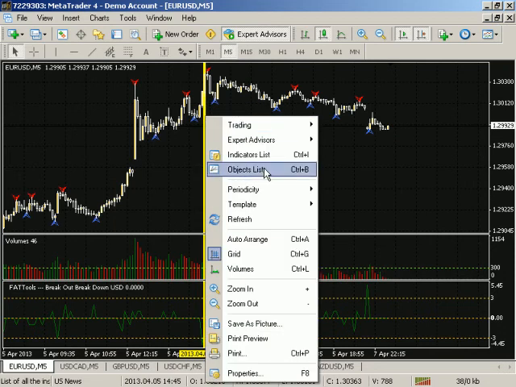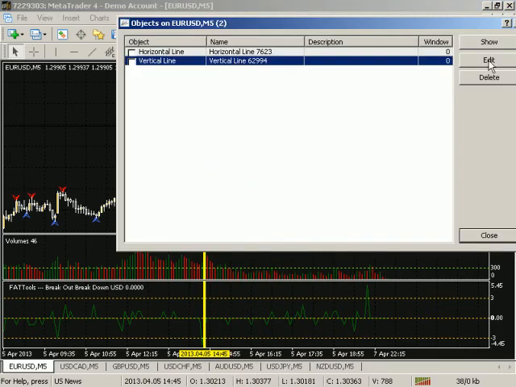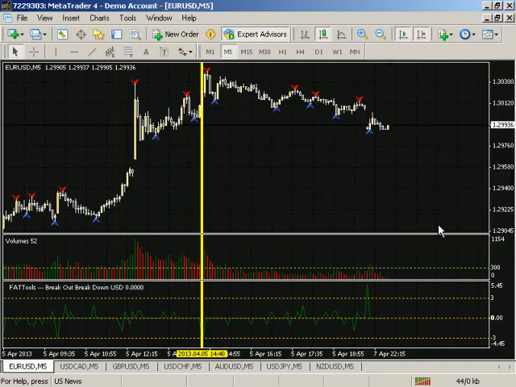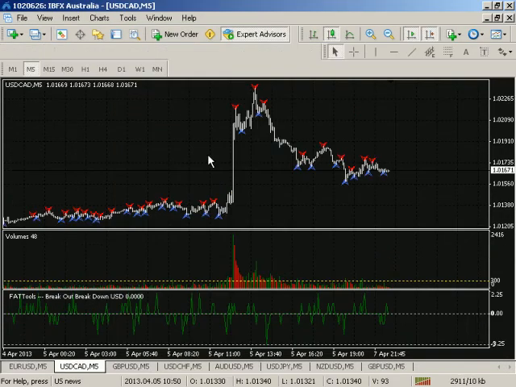It's actually moved over one too many. We're going to go to edit. I want it right on the breakout point so I can have this. So it's 40. Okay. Now, if I come in here and I click OK, even within different dealing desks,